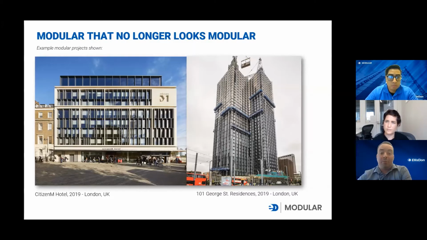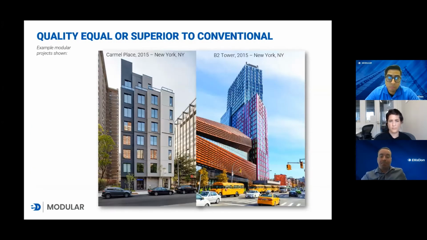Everything from facades to foundation structures gets us to where we are today. So as you can see, here's a hotel and a residence that has been developed modularly. I think we have a couple other good examples on the next slide. We've got a couple buildings in New York as well